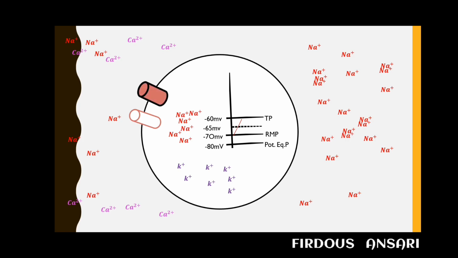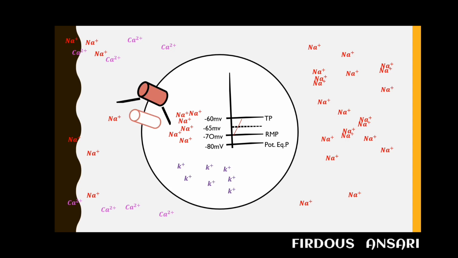Now, a few features that you should know regarding this voltage gated sodium channel are: number one, this voltage gated sodium channel will get opened up once a threshold potential has been attained. That implies this channel is a voltage gated channel. It will get activated and deactivated depending upon the voltage of that particular piece of neuron. Another feature is that it has an activation gate and a deactivation gate.